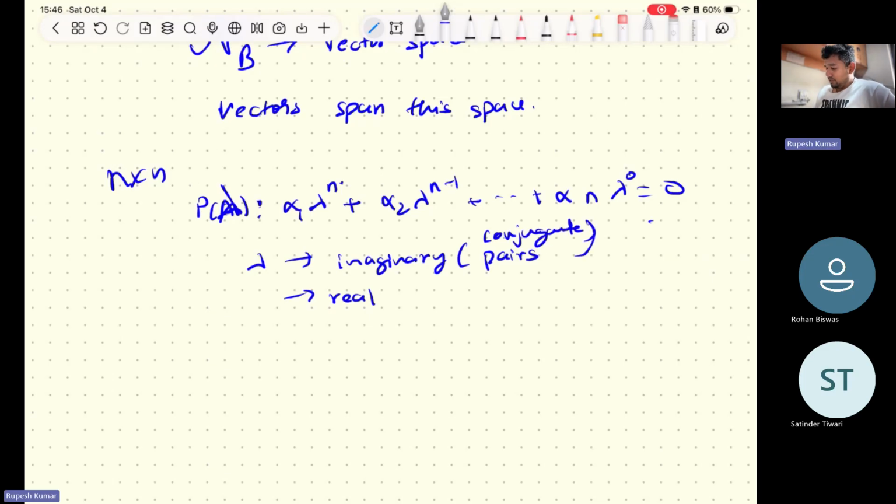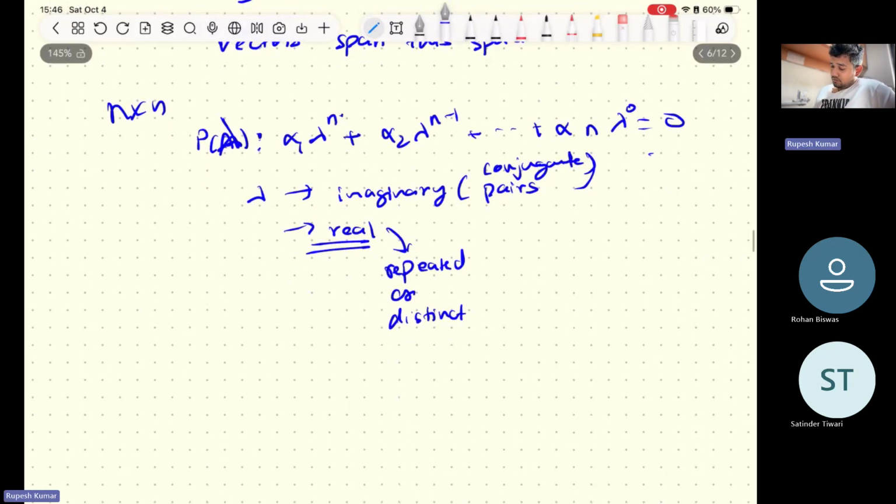If not, then you will get real roots. Then basically, if you get real roots, they can be repeated or distinct, right? Everyone, do you remember at least this part, right? So from here, we define algebraic